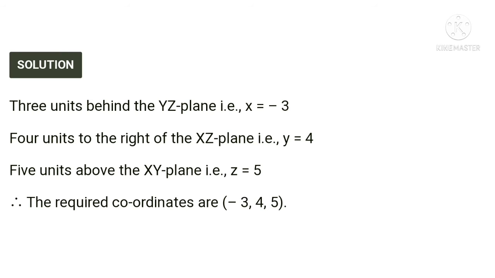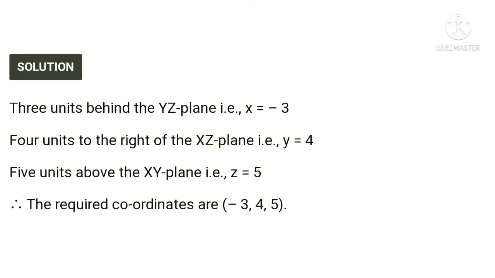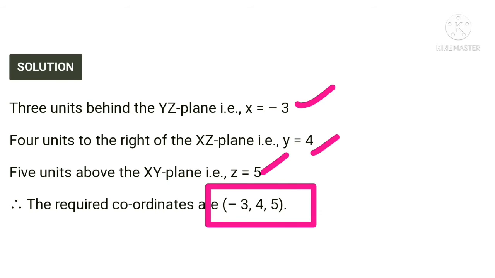Okay, next, 4 units to the right of the xz plane, that is y is equal to 4, and 5 units above the xy plane, that is z is equal to 5. Here behind is given, so x is negative. 4 units to the right is given, so it is positive, here also positive. So we get the required coordinates as -3, 4 and 5. Okay,